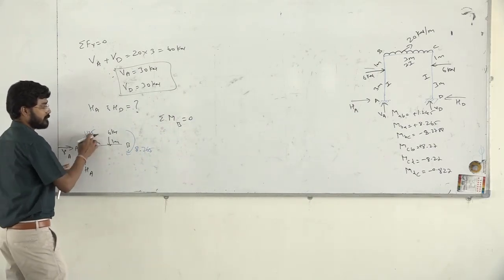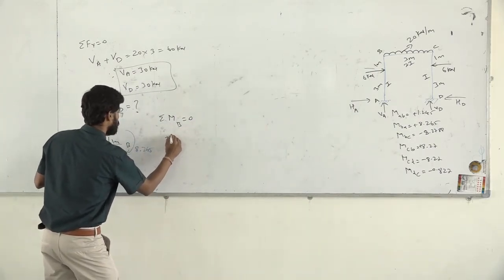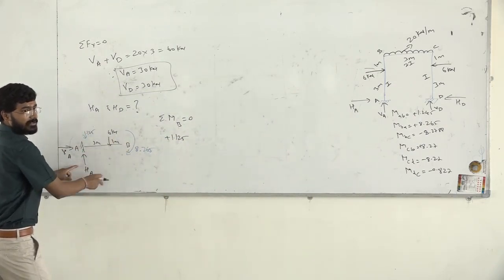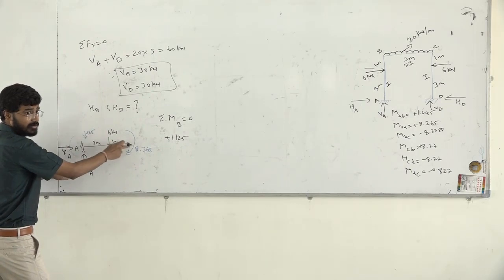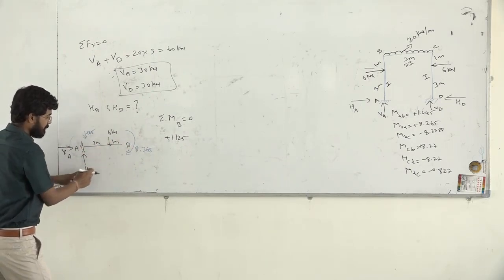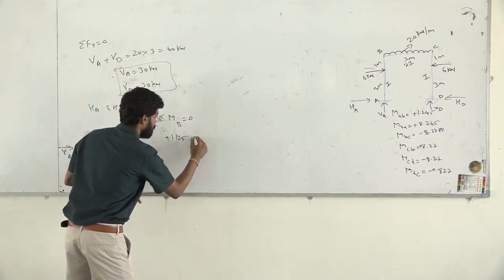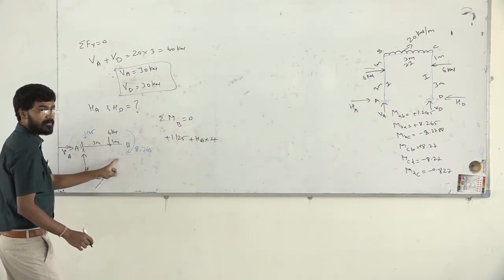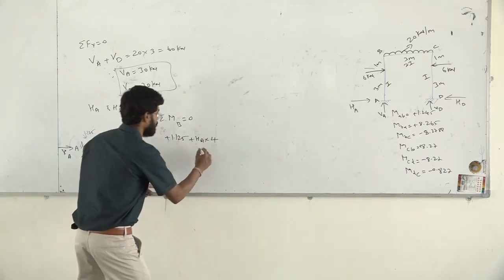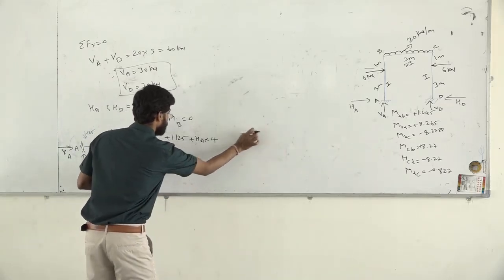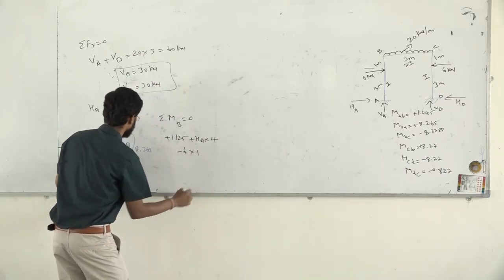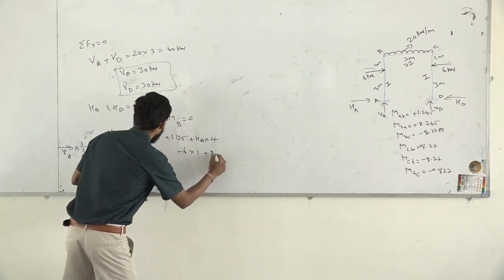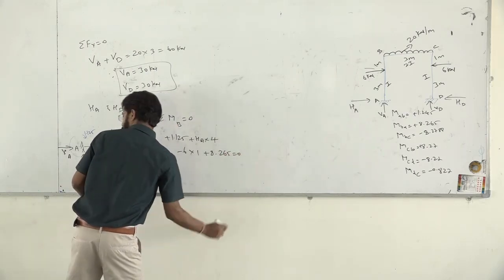Now let us go with our first one, which is acting in clockwise direction. So plus 1.125, we have our HA. HA is also going in clockwise direction. Yes or no? So if you see this one, my hand, it is going in clockwise direction. HA into total distance, so plus HA into total distance, which was here 4. Now we have our 6 kilonewton, which is acting in anti-clockwise, so here we write minus 6. So minus 6 into 1 we have. Again this is acting in clockwise direction, so plus 8.265 should be equal to 0.